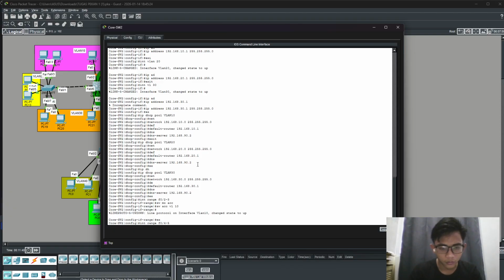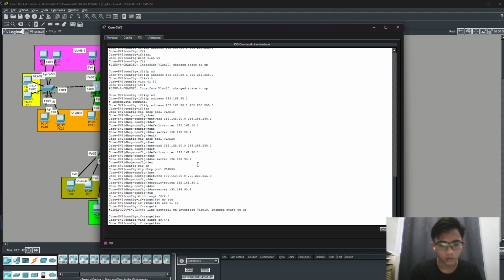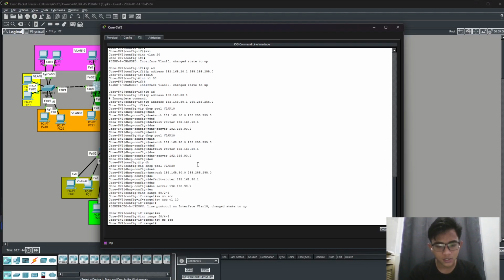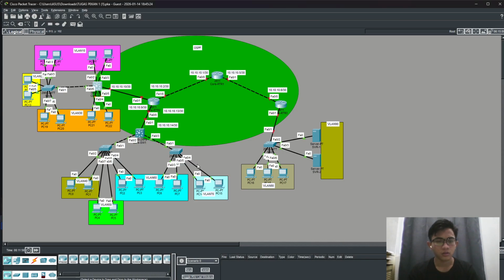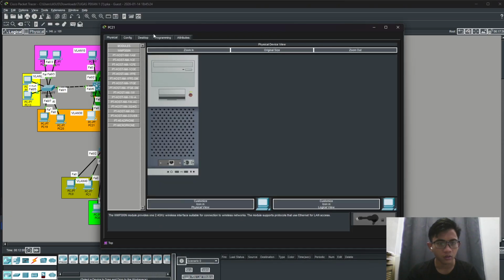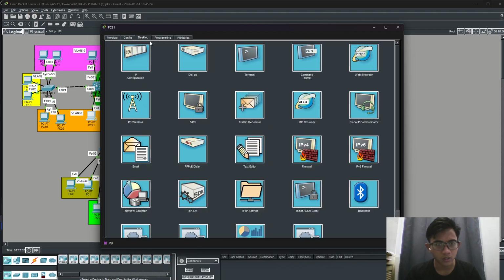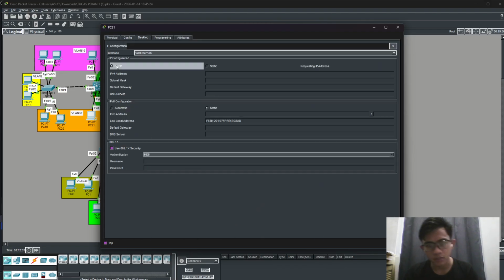Switchport mode access, switchport access VLAN 30. Okay, exit. Now we will check the DHCP here on the PC. So click DHCP and wait first.